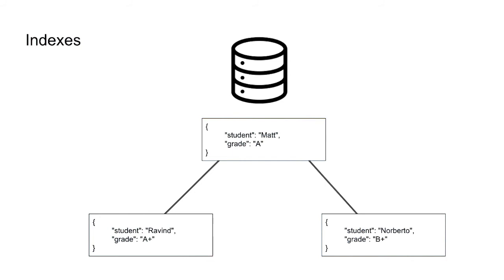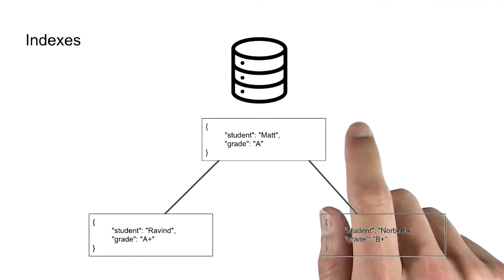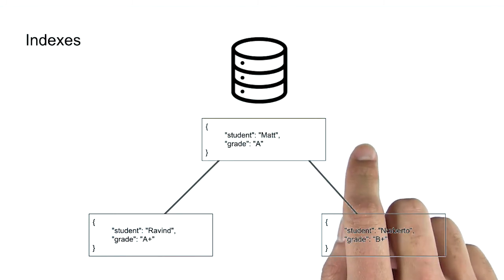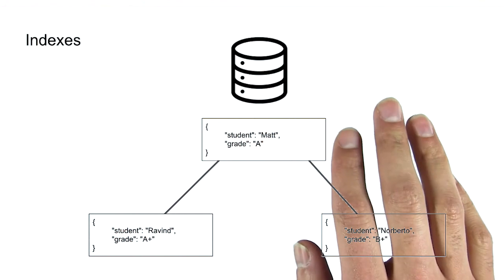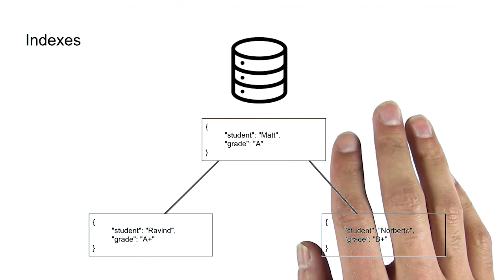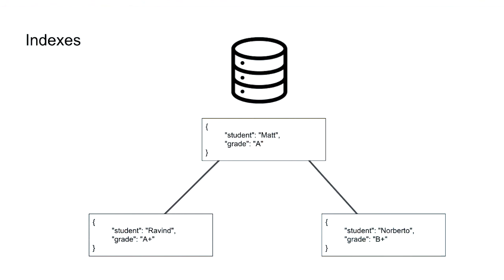In addition to that, each index we add increases the write overhead on the collection, because MongoDB has to update each index in the collection every time we add or update a document. You can find out more about that in M201 MongoDB Performance. By default, MongoDB will always index the _id field, which is a required unique field in every MongoDB document. All other indexes are our responsibility to create.